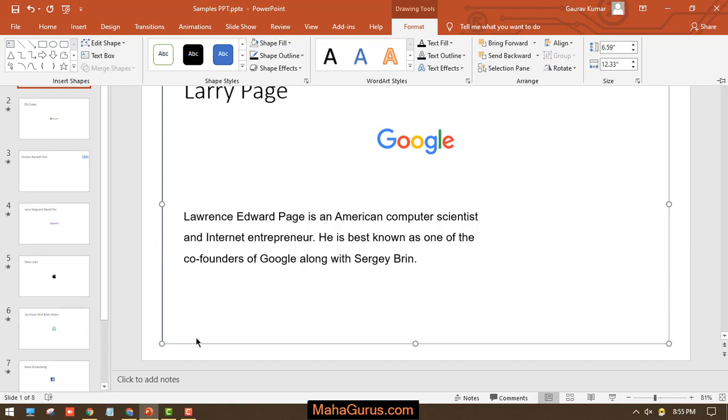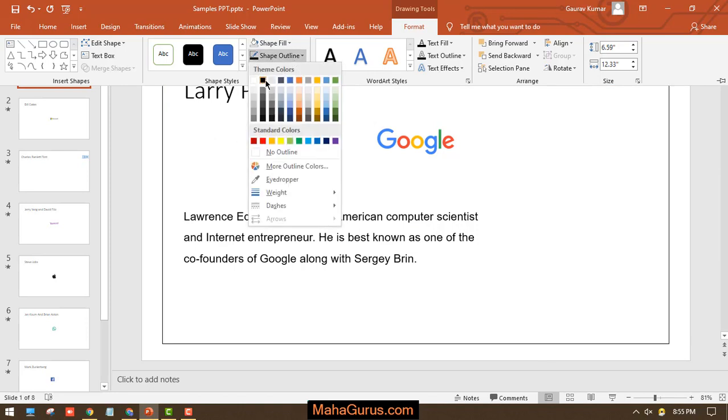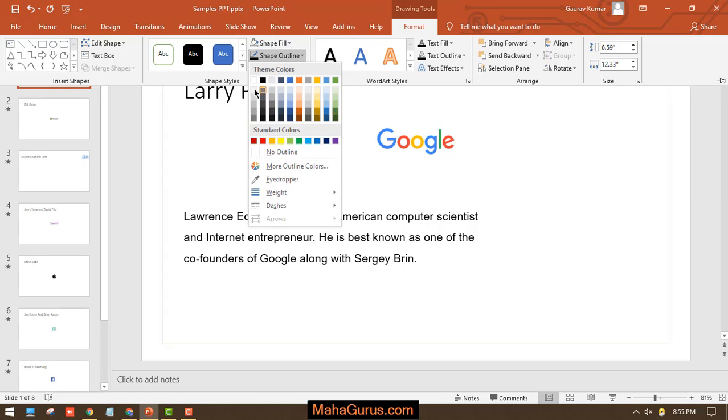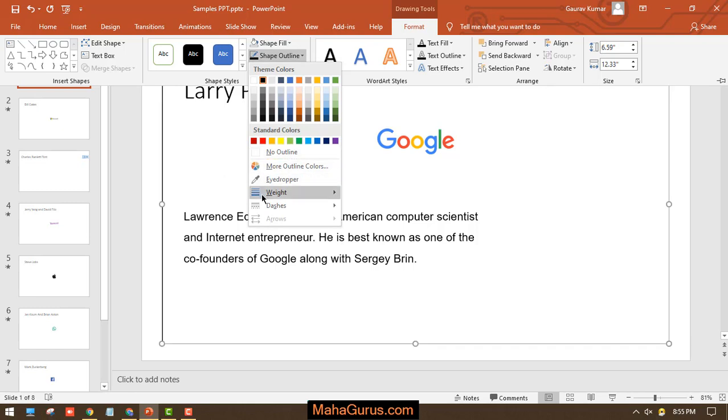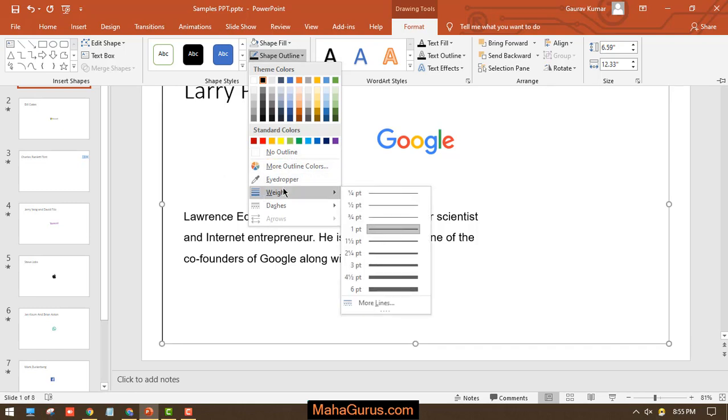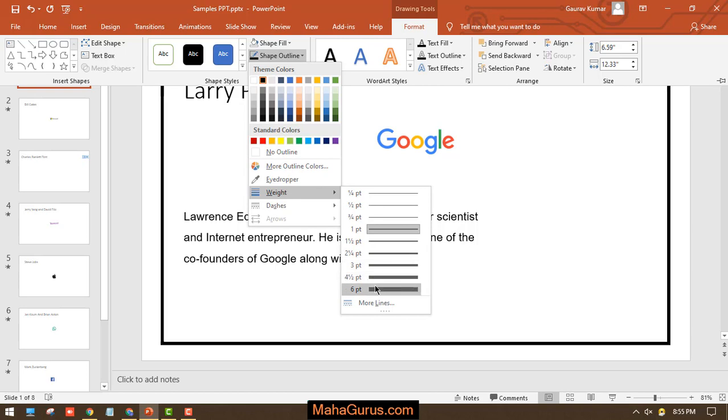Now again, if you see, the borders are not that thick and the color is also blue. So it depends upon you which color you want. Just click on Shape Outline, and from here you can select any of the colors. I'll select black. And also here you have the option of width. So you can select the options of width like this. You can increase the width of the line,